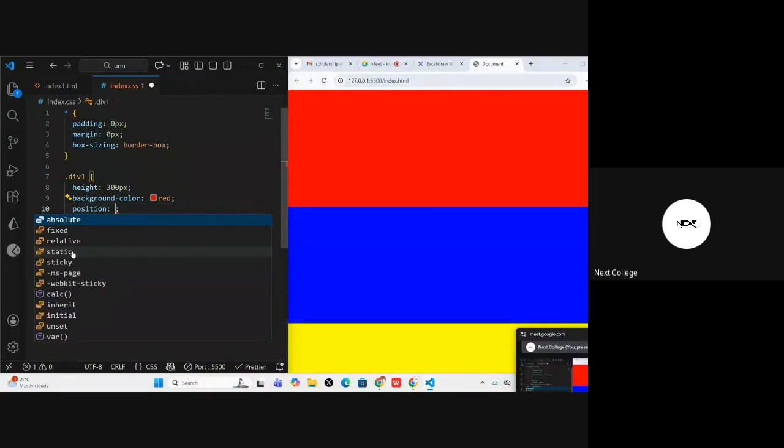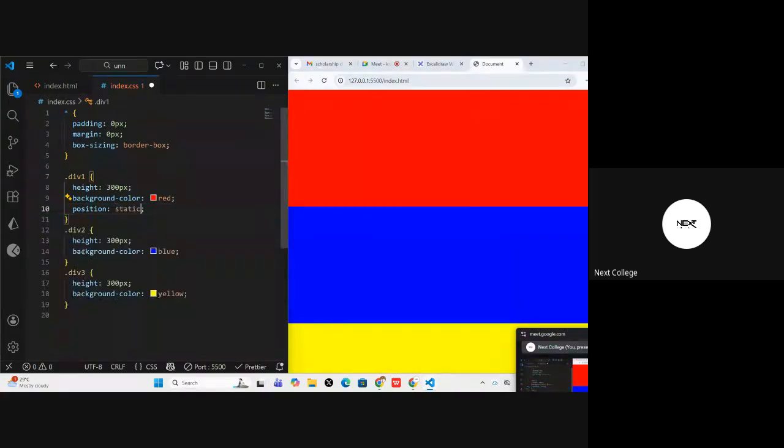Okay, by default it is static. So if I choose static, there is no difference. Everything is the same. There's no difference at all. The same thing applies to this div 2, they are all static in position. And when I was talking about these divs in their positioning, I mentioned four most important things